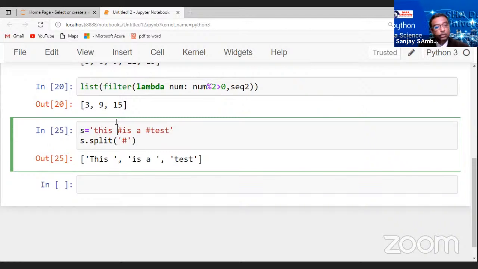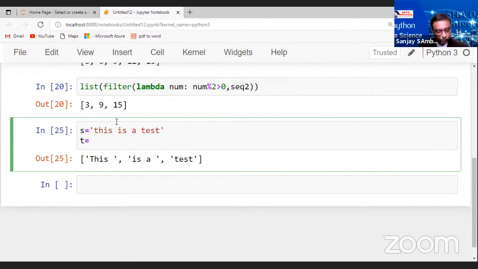Now I want to create another string with initial capital, that is T should be in capital and rest all will be in small letters. To create that, I have to use, say, another string T